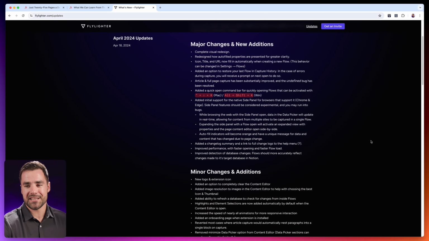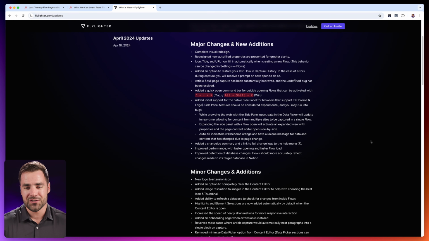because Flylighter isn't just meant to be a Notion web clipper. Instead, we're trying to build a set of tools for you to be able to capture any kind of data or ideas you have and send it to whatever tool you are using. In the near future, we're going to be launching new destinations, including Obsidian, Pipedream, Zapier, and a lot more, so stay tuned. And at this point in the video, I'm going to dive into screencast mode